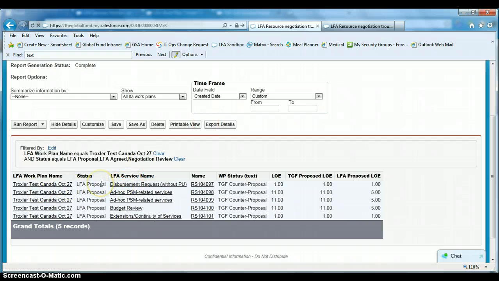This is a report showing the services for that work plan. You can see that the status is LFA proposal, and you can see that the work plan status text for these services is TGF counter proposal. Okay, so what happens is, just to show you as an example,